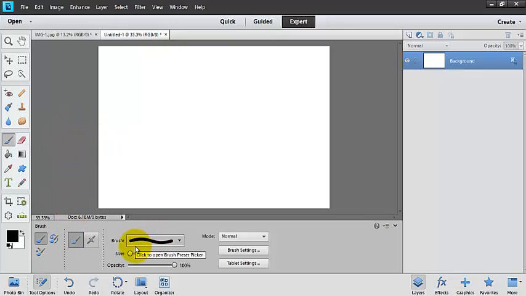So the first thing that we're going to want to do is set our brush size. I'm going to make my brush size right about here for this demonstration. Actually, I'll make it a little bit bigger. Then you're going to decide whether you need a hard or a soft brush. To grab that, we're going to click on